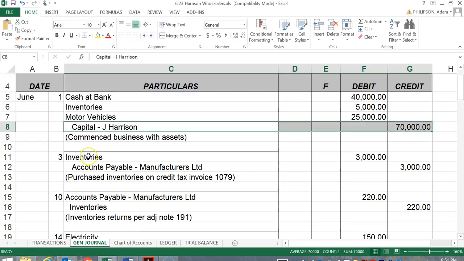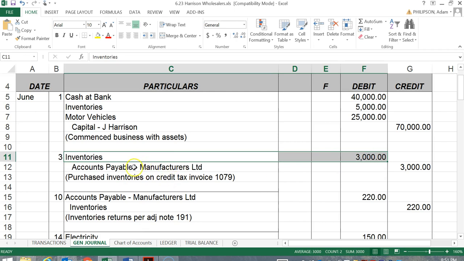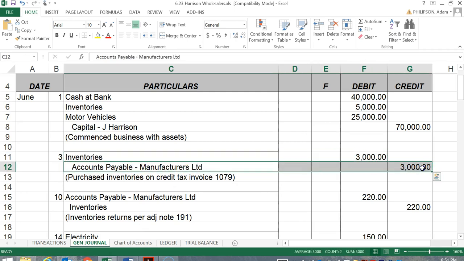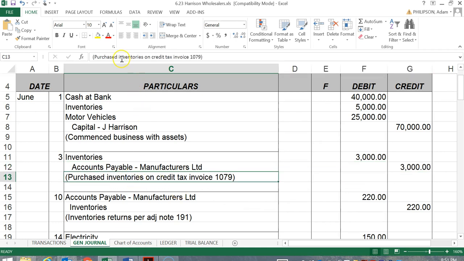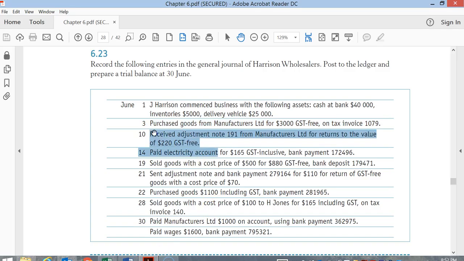So our next journal entry is debit inventories $3,000, accounts payable Manufacturers Limited $3,000, and we've got a narration there: purchased inventories, well, they were actually GST free inventories, on credit for tax invoice 1079. Hopefully that's alright. Okie doke. Next one. So we've bought some inventories on the 3rd. It's arrived, we've checked it off. However, there's some stuff that's defective or more than what we need,